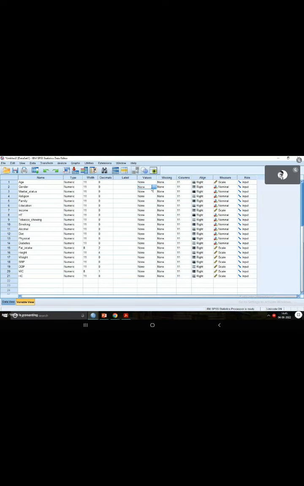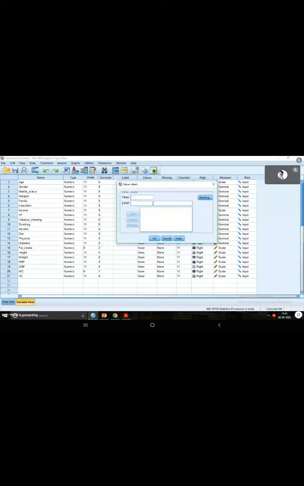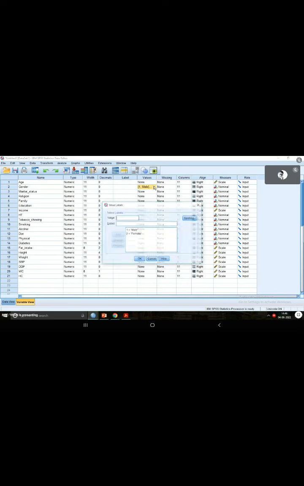So here in values, you have to click on this tab which has three dots, and here you have to specify value 1 means male and value 2 means female. Add. Okay, don't forget to add, and then click OK. So now if you see, it is saved. So 1 means male, 2 means female. You can go back to the data view, and now if it is not visible, there is this option. You can see where my cursor is, which says 1 and A. Click on that. If you click on that, you will see instead of 1 and 2, now it displays as male and female.